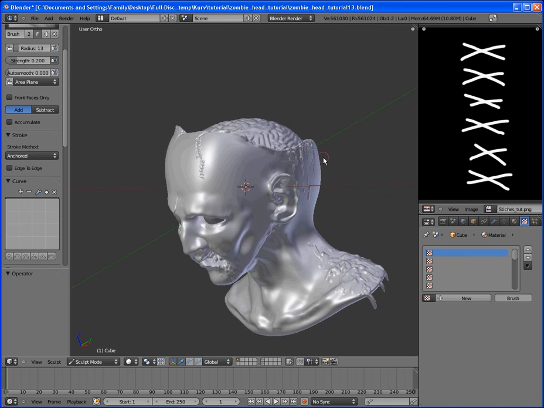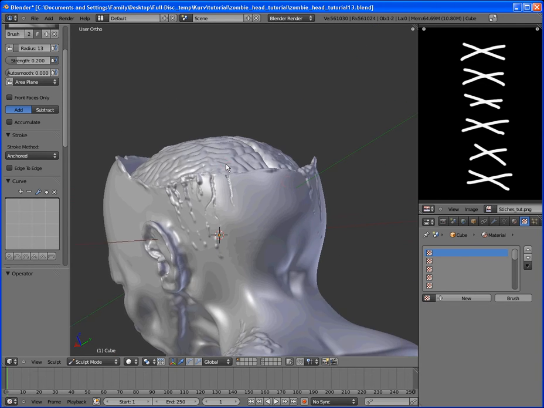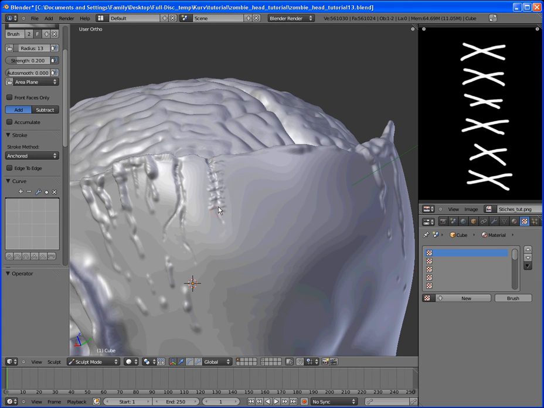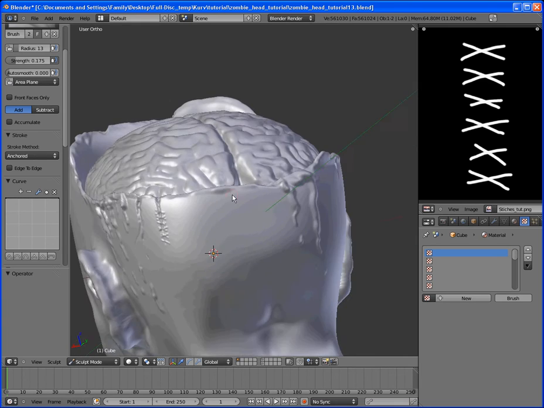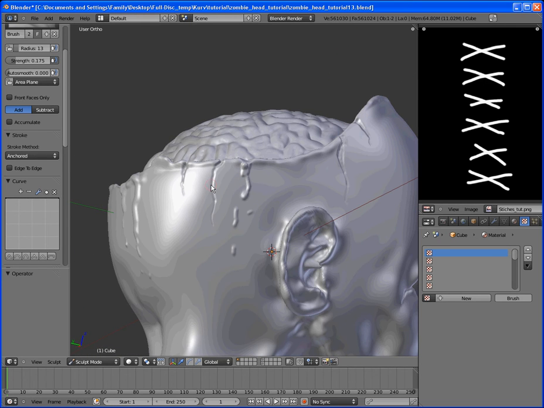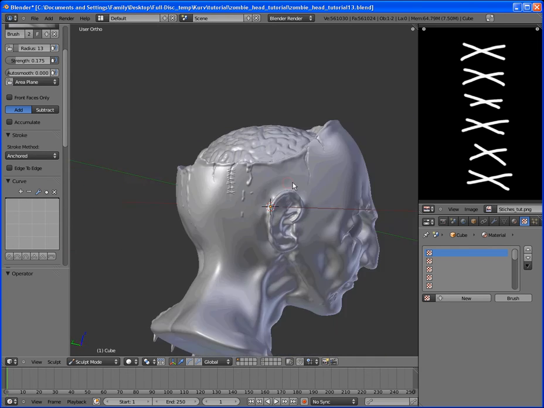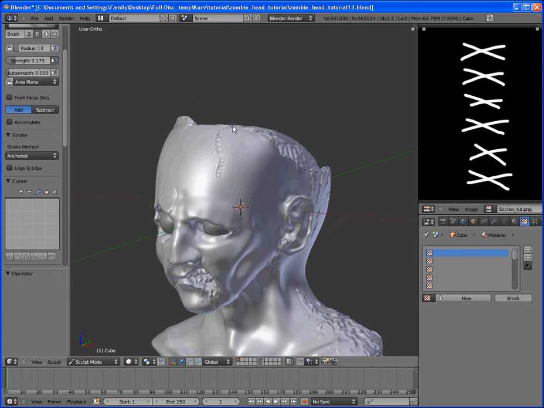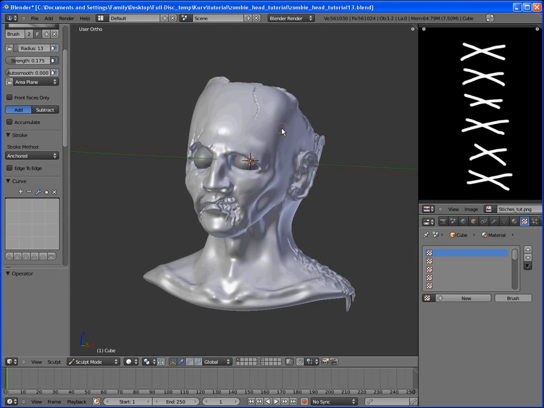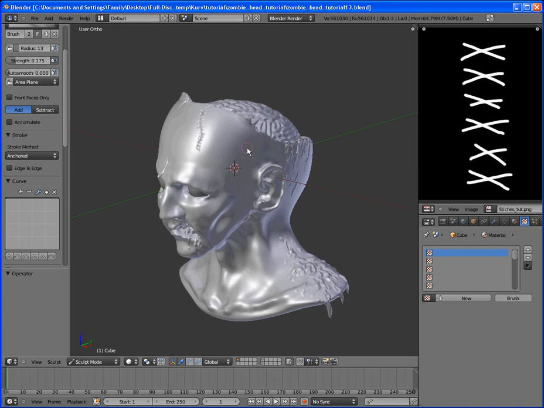Okay, so I'll add a few more stitches over here. Turn down the intensity a little bit. The thing is, you want to drag it from about the center of where you want the stitches, and then size it up. And so, yeah, that's enough stitches, not too many stitches. Add a little bit of variety to our character. And then the next stage is to create the skin and